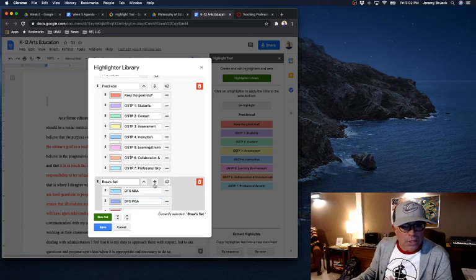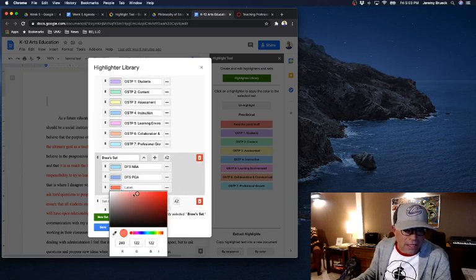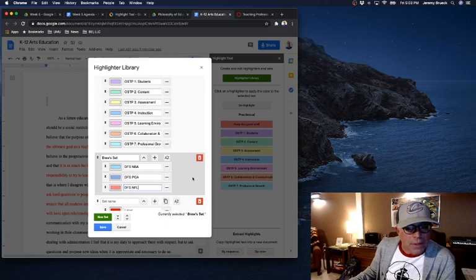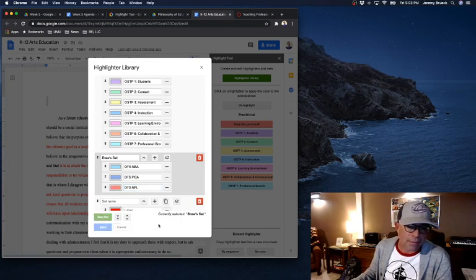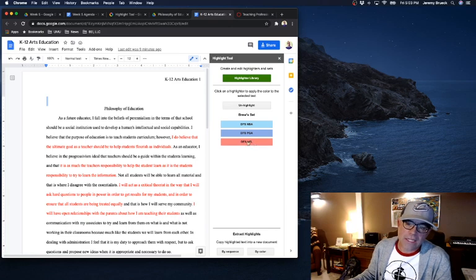So I can build out any kind of custom coding set that you might have a need for when you're going through Google Docs by using this tool. Last one, let's do NFL. I don't know. But there's a set. And once I have my set created with all my codes and all my appropriate colors, then what I want to do is save that set. So now you'll see that in my highlighter tool, I built a new set and it added my different tags